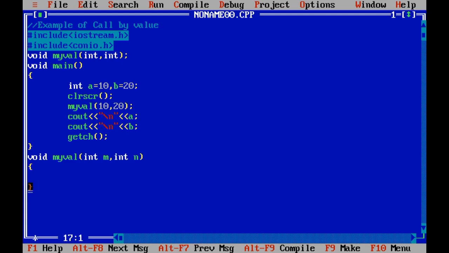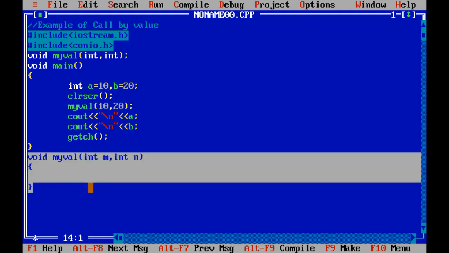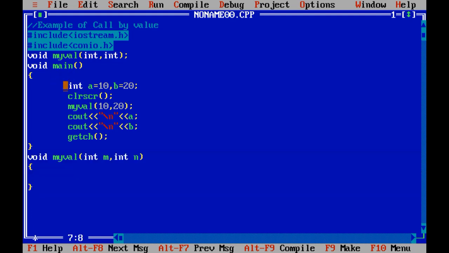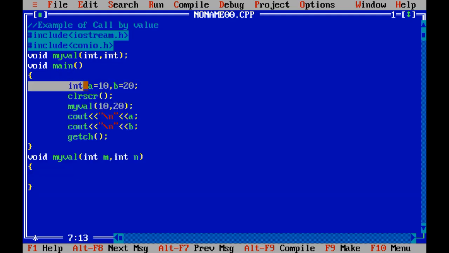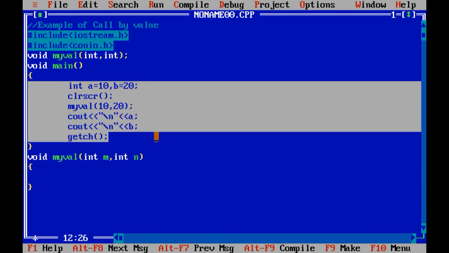Once the block is completed, the variable which is declared by the function will automatically be removed or erased from the memory of the computer, and whatever variable we have declared inside the void main, the life of that variable would be up till the block in which it is declared.